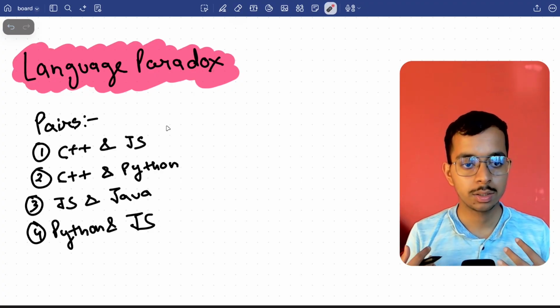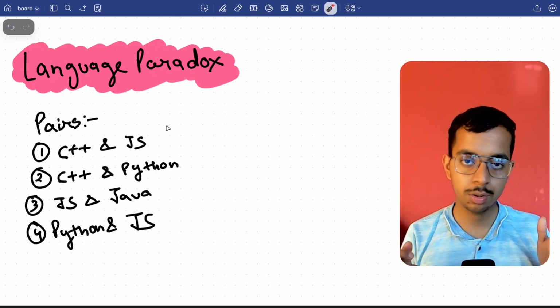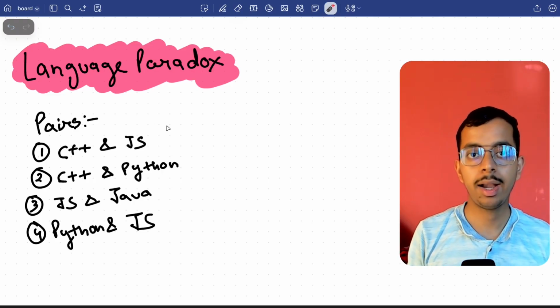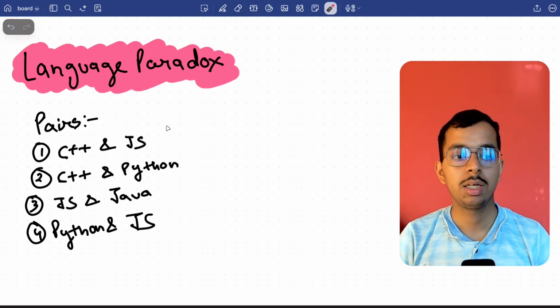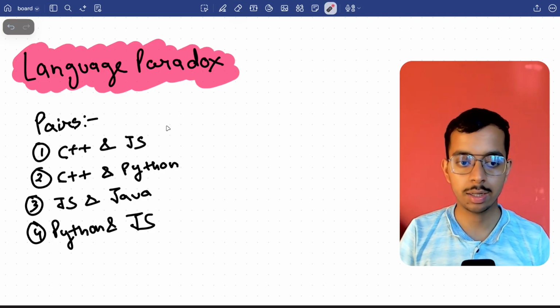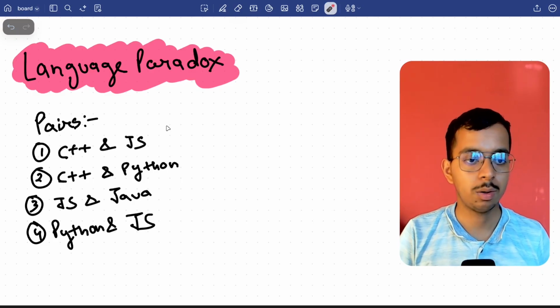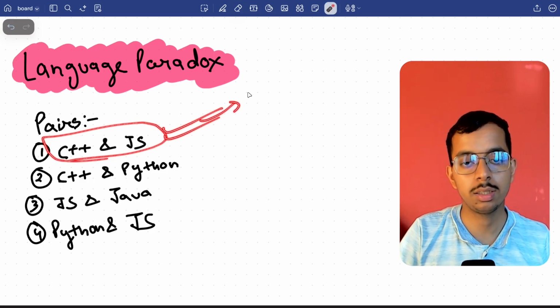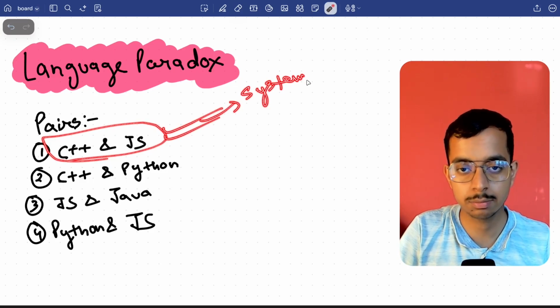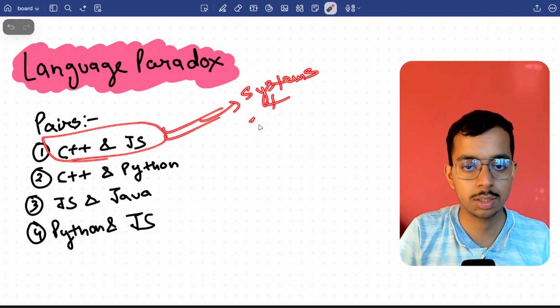Keeping both of these things in mind, I have composed these four pairs which you can use. The first pair, C++ and JavaScript, is basically systems thinking, systems plus web.